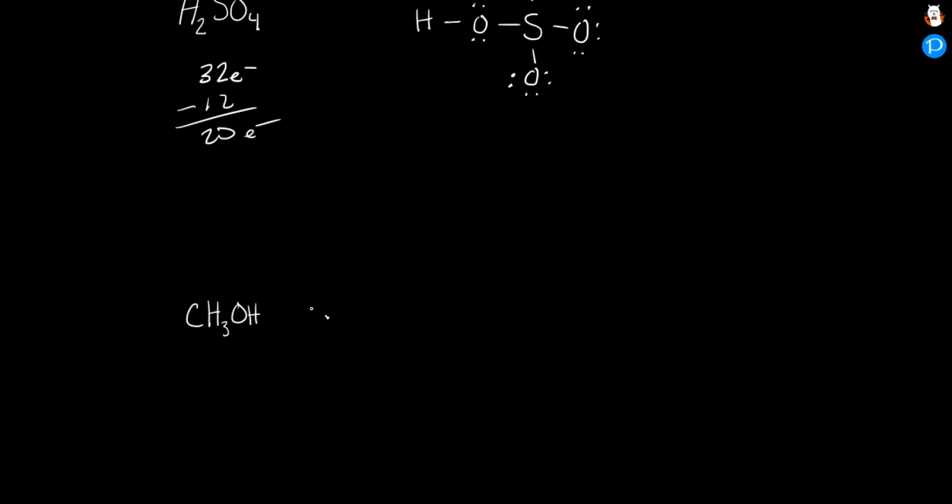CH3OH. So same thing. What I'm going to do is first make this CH3 part of this. CH3. And then I've got this OH. Now remember, hydrogen cannot be in the middle, so I can't do another H and then an O, because hydrogen can't have these two bonds. It can't have those 4 electrons around it. It can only have 2,